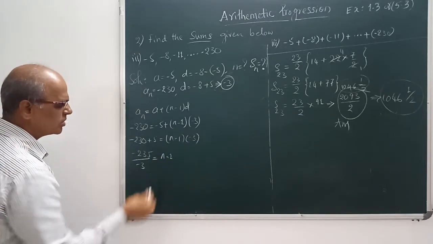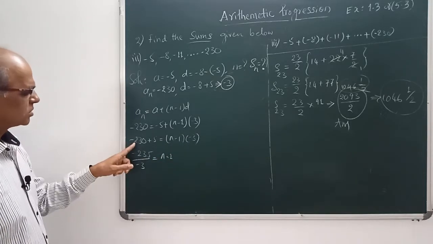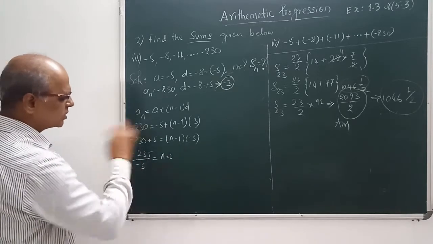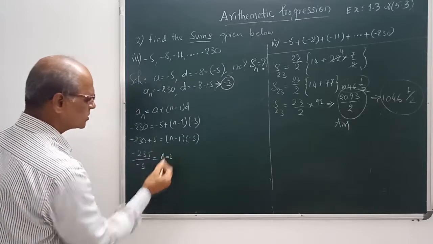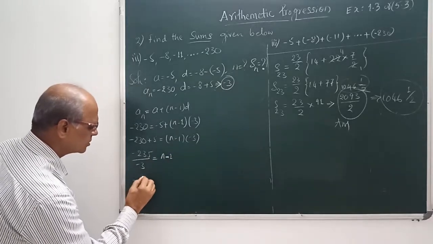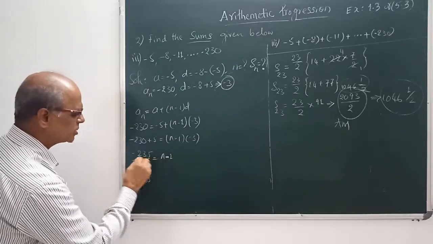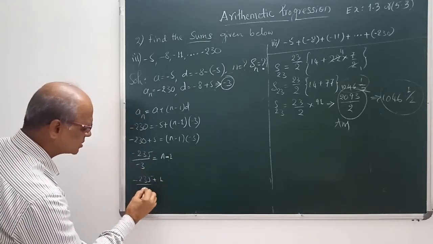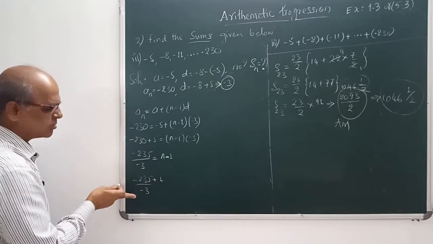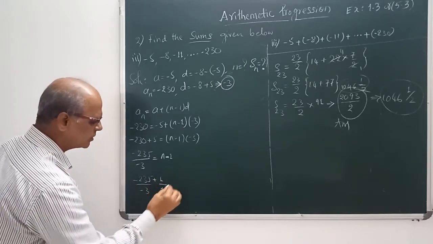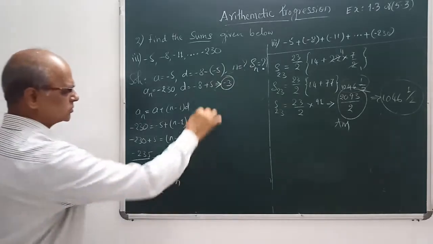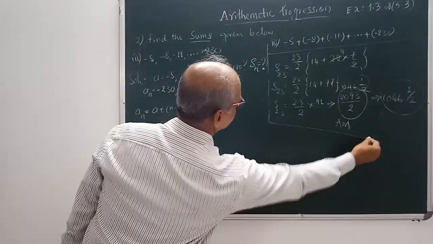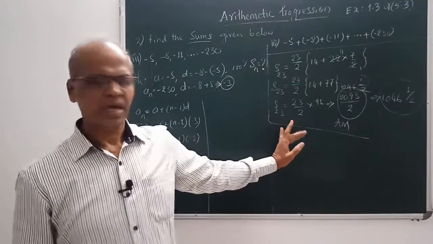Now here possible cancellation. 3 7s are 21. No, not possible, isn't it? Send this. Further 235, minus when you send here, it became plus. This will be divided by minus 3. Ignore this because both are minus here. Upon 1 is equal to n. So next one is what? Shall I rub this? I'll rub this.